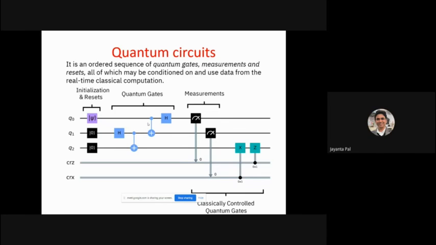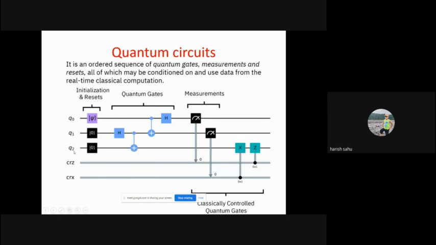Yeah. So if you see here, this is a quantum circuit example. It should have qubits. Here, these horizontal lines Q0, Q1, Q2 are basically quantum bits, qubits.